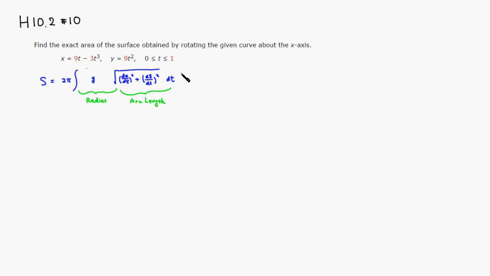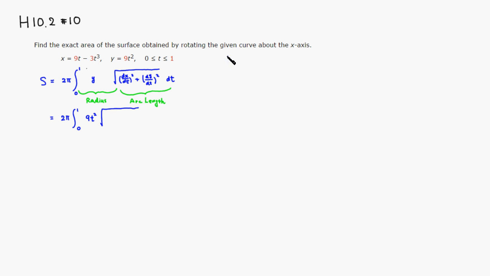Alright, so let's just put everything in. It goes from 0 to 1. So you have 2 pi times the integral from 0 to 1, y is 9t squared, then you have a square root of,